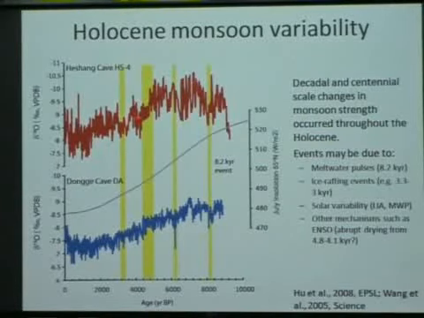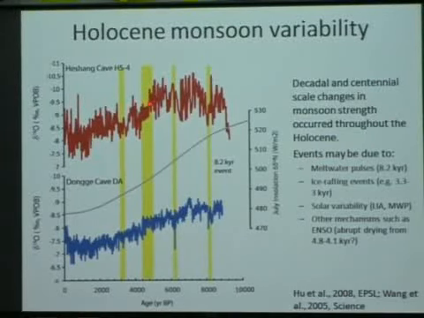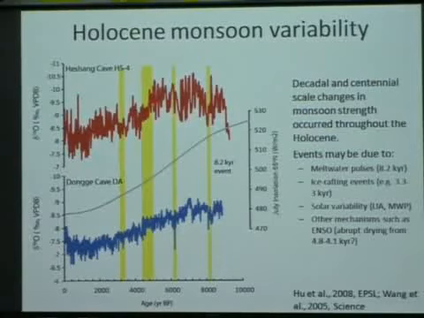Other events in the Holocene, such as a relatively rapid drop in monsoon intensity around 4.8 to 4.1 thousand years ago, shown here. You can see a sort of step-like drop here. It's seen somewhat in this record as well, and that's actually seen in a number of other paleoclimate records from this region. The reasons for that drop are less clear. It could be related to a mid-Holocene increase in El Niño events, potentially. But in any case, this is a period of very abrupt drying.